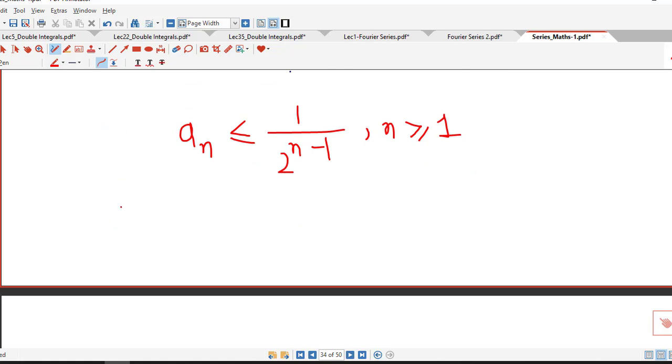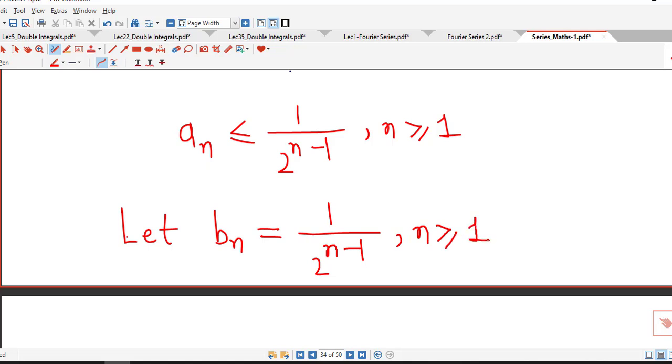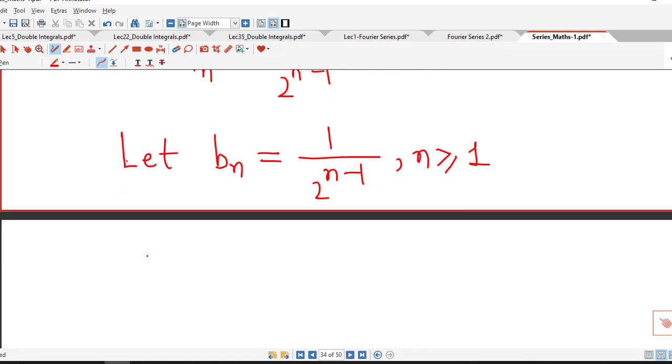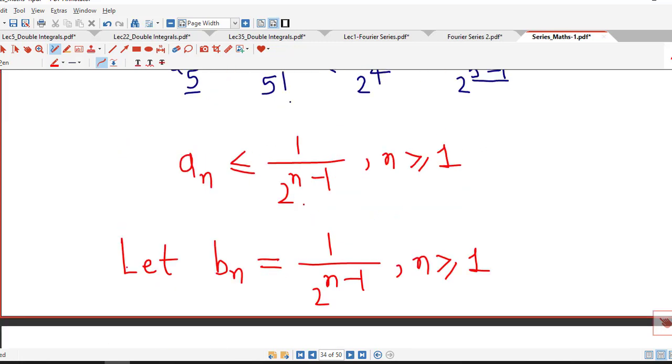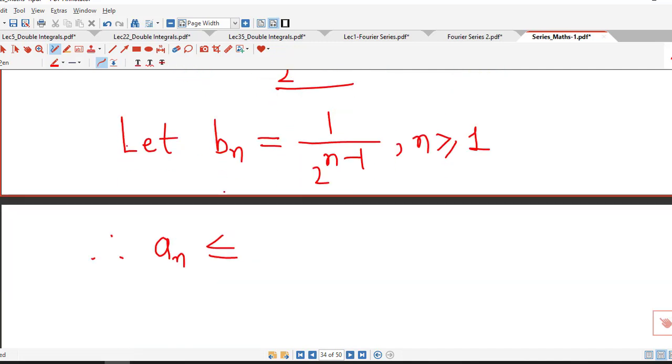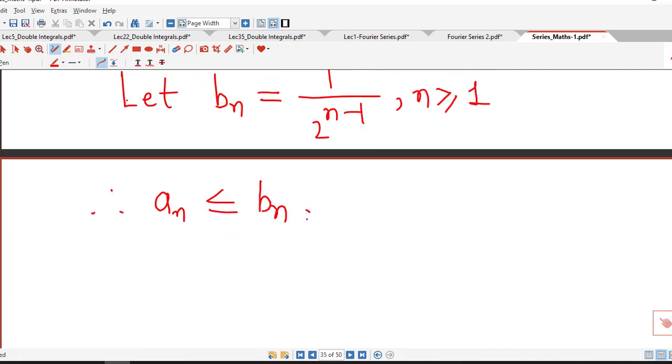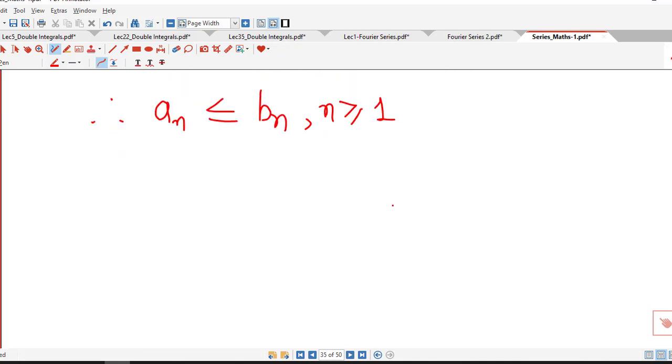So now we will consider bn equal to 1 over 2 raised to n minus 1, n is greater than or equal to 1. So we have obtained this series which is geometric series, and if we put bn equal to 1 over 2 raised to n minus 1, here we can write that an is less than or equal to bn, n is greater than or equal to 1. So therefore